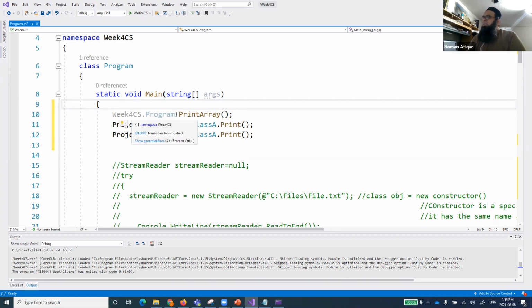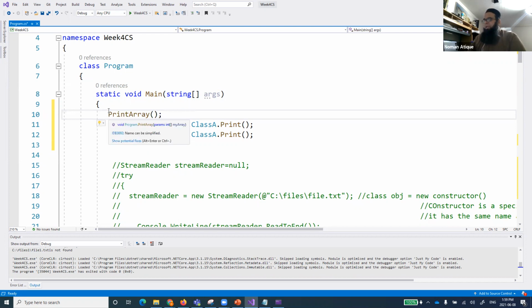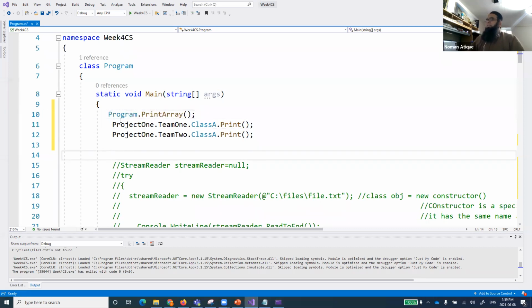And that is one good reason I said that even if you are not required to use the program name, even if you just write down print array, it will accept that yes, print array is over there. But it's always a good practice to use at least the class name, for static methods. You remember we talked about that? Okay, just delete that because I don't want to use it right now.